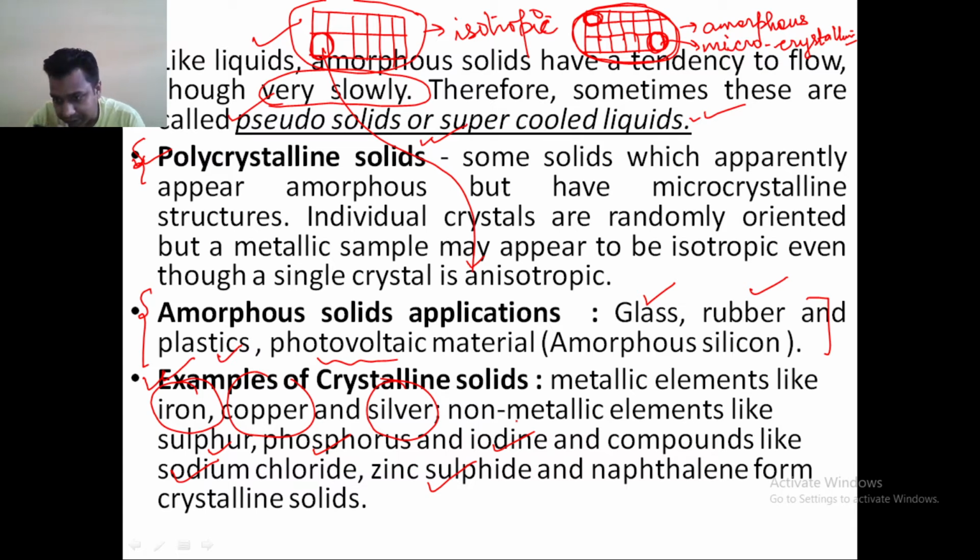Sometimes small question-answer type questions come, like what do you mean by crystalline solid? Define with the help of example. This type of question also comes, so that's why I have mentioned the examples here. And sometimes short answer type questions, like what are the applications of amorphous solids, or what do you mean by polycrystalline solids. So I am taking these points separately, to help you understand the concept and the type of questions that can be framed from this.